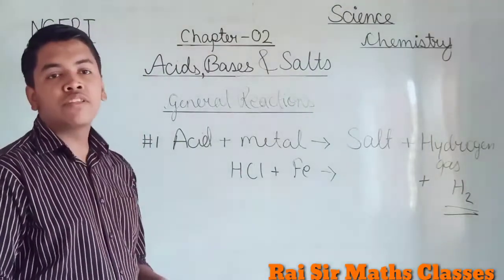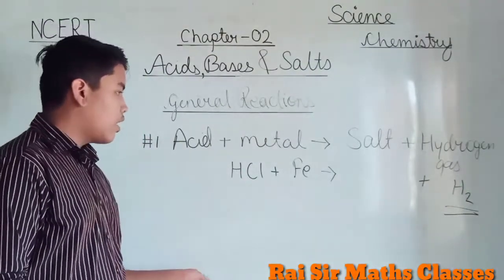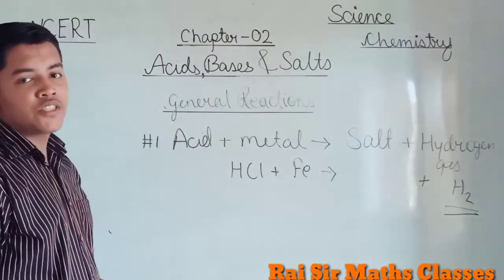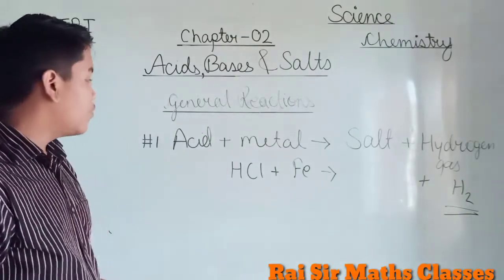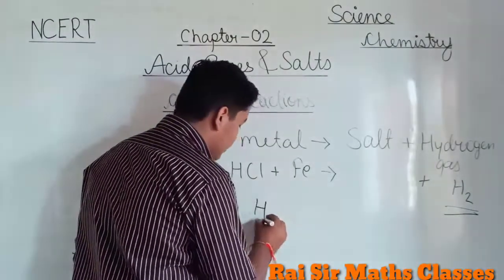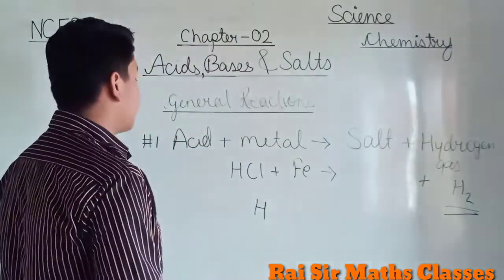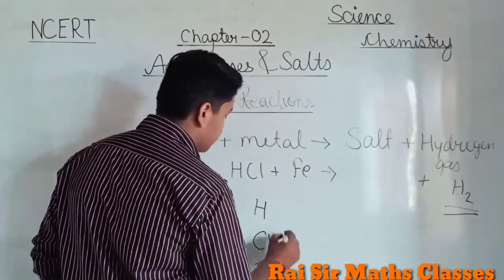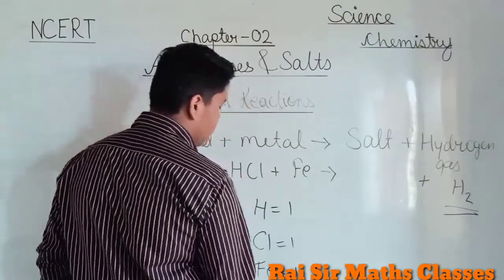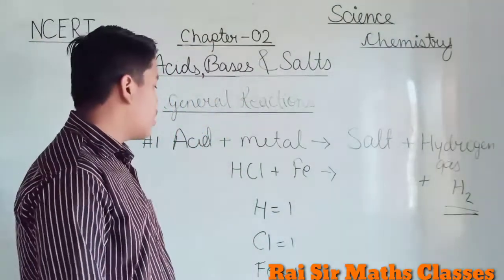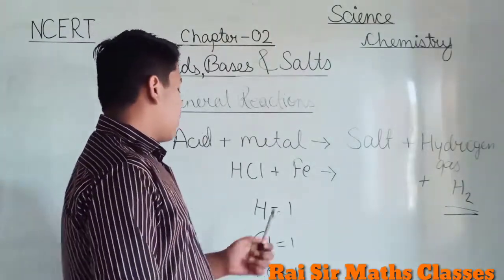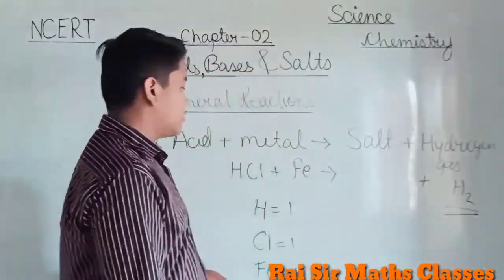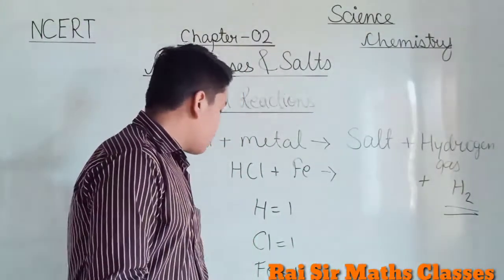Sometimes they ask to write a balanced equation for this. So how can you balance that? As in my previous video on balancing chemical equations from chapter 1, in this video we are going to revise chapter 1. The acid, or single substance, we write like this, and the third one is Fe, all having one molecule and one molecule. Everything is one here, and on the product side the same atoms will come.